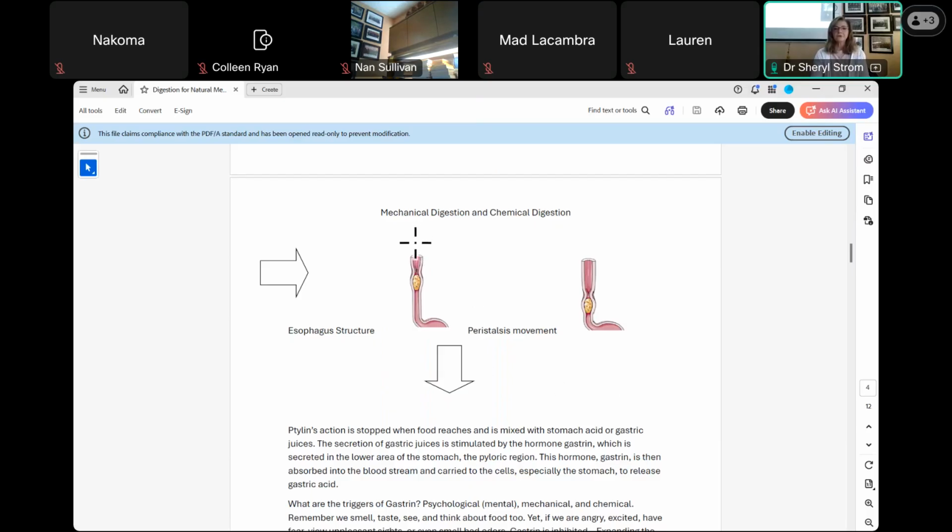So here comes the food down through the esophagus. Do you see how the food sort of creates what I call an aneurysm? It's not an aneurysm. It pooches out on the side, and it's still going to travel down, and we're going to get to the top portion of the stomach. This is called peristalsis movement. Put that in your chart. Doctor, yes, that's called a bolus. Right, I was getting there.